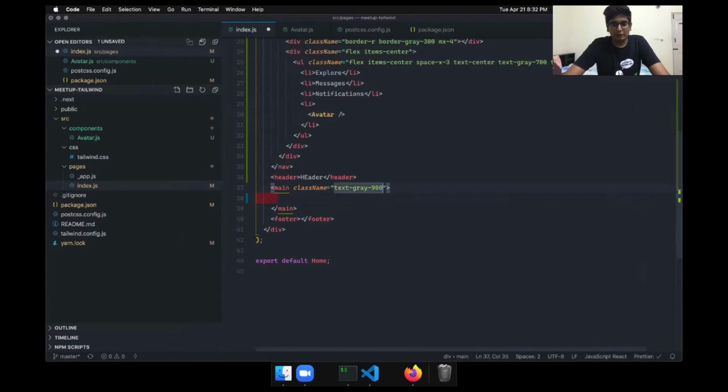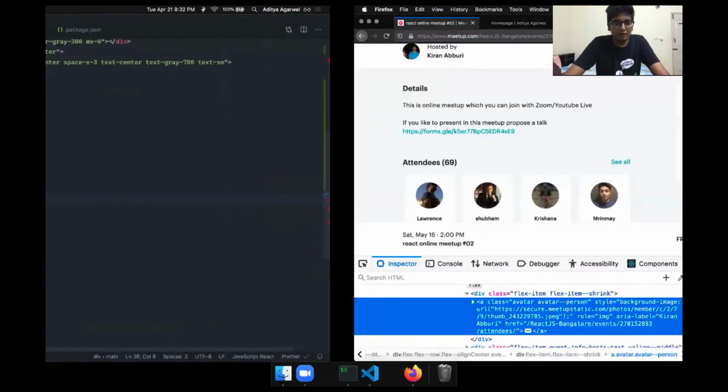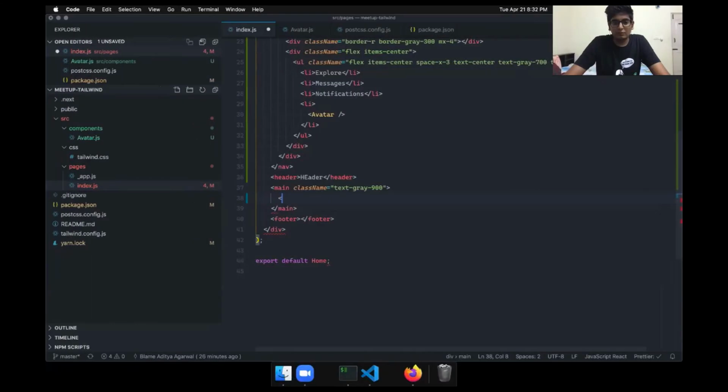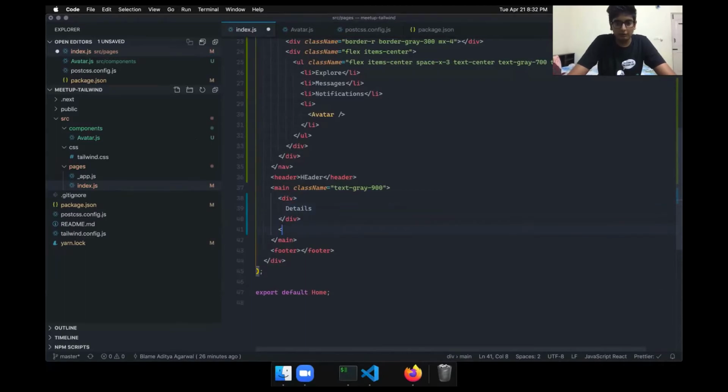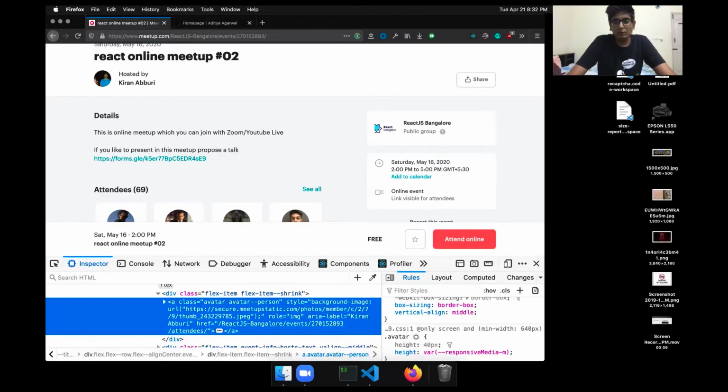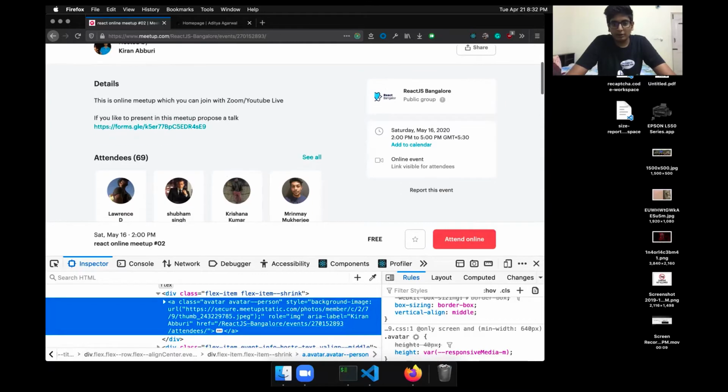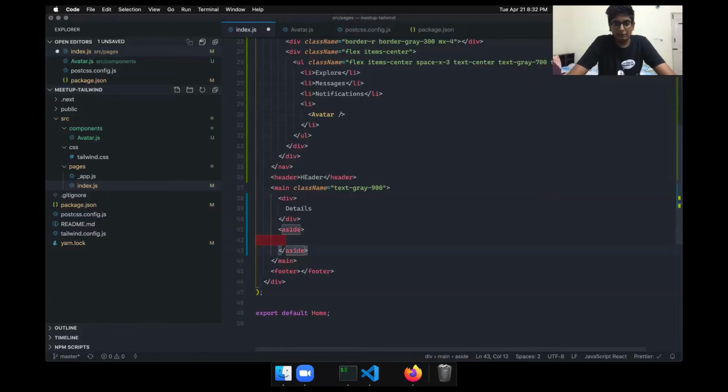So I'll make two divs here. One div can have some stuff here, and then there would be another which will be aside. So I'm trying to use semantic HTML, and okay, yeah. So it will have some things, cards.